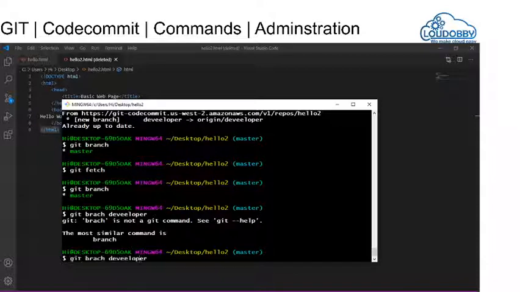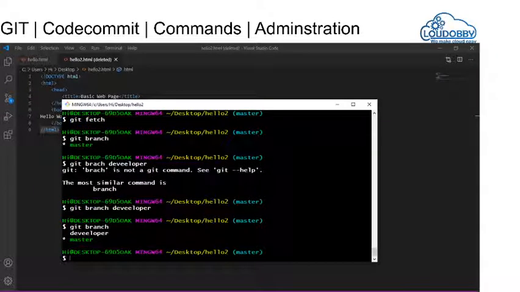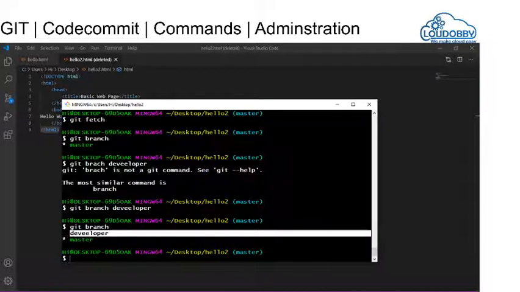Okay, the spelling of branch is wrong, so make sure I'm typing it correctly. Now if I run git branch, I can see I am still in the master branch, but I am able to see this.